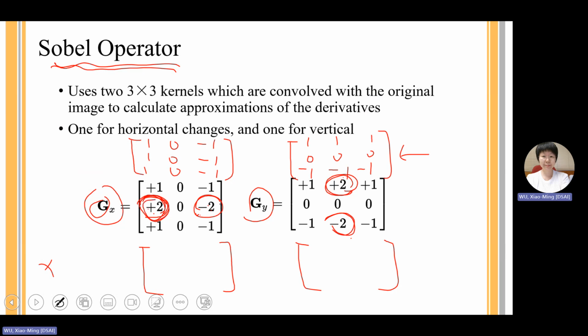Okay, because the Gaussian filter assigns bigger weights to those closer to the center. So can you see the difference between the Sobel operator, which is the derivative of Gaussian,